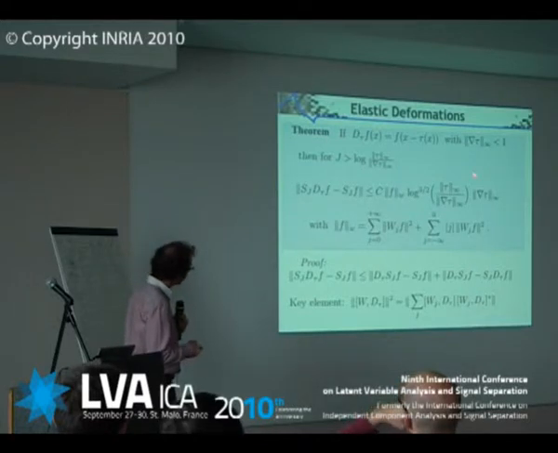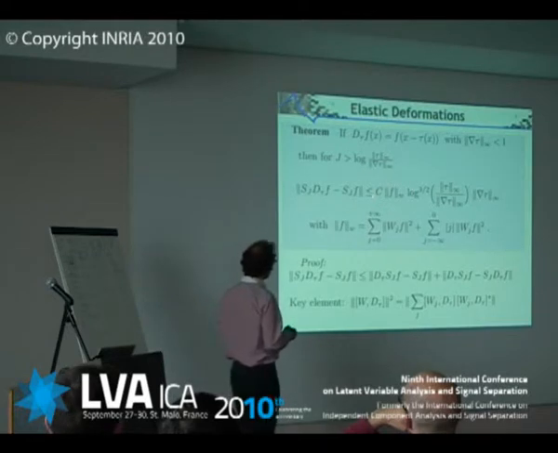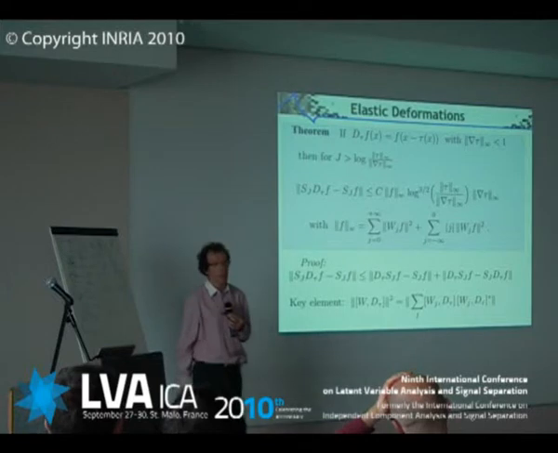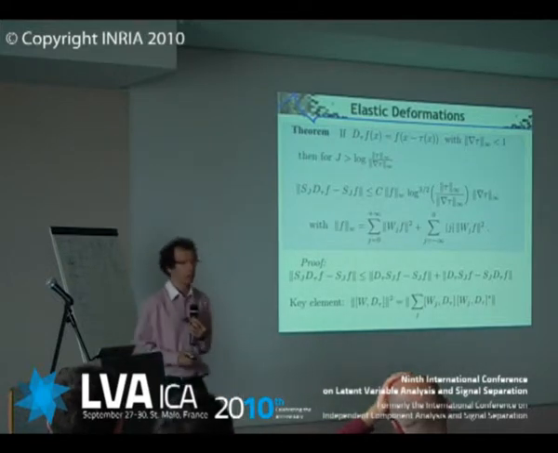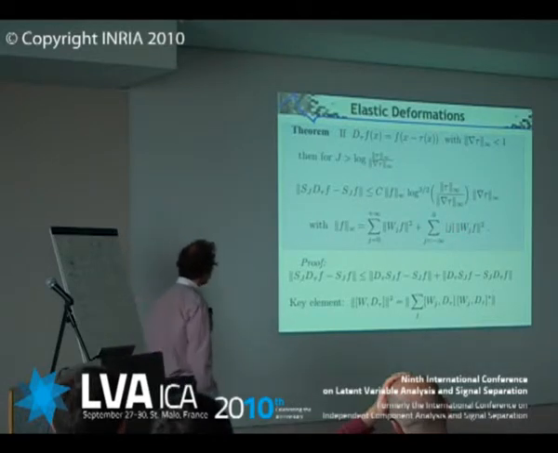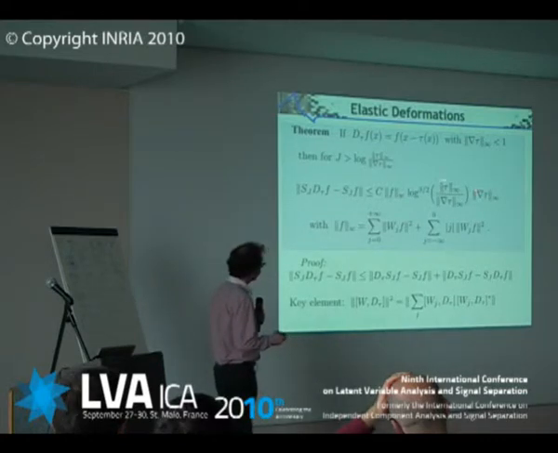And what you have in front is a log, so the log will be basically neglected. And the norm of f, but the norm of f is not exactly the L2 norm. It's very close to an L2 norm. It's slightly more regularized. It's given in the wavelet domain by this kind of norm. It's a very weak regularity norm. So basically, you get your result up to a log factor.